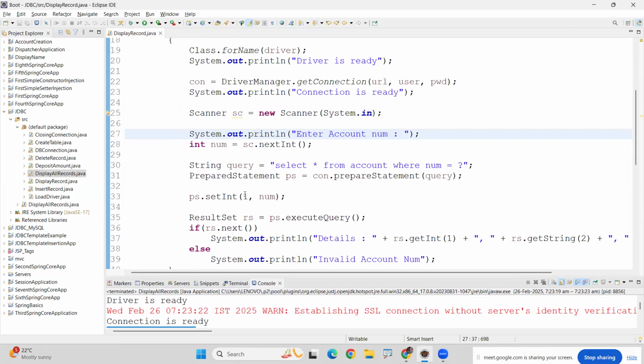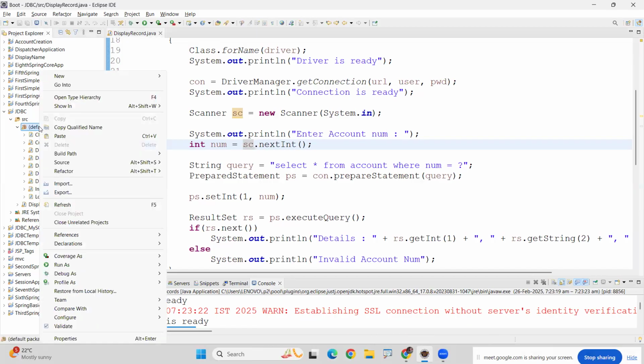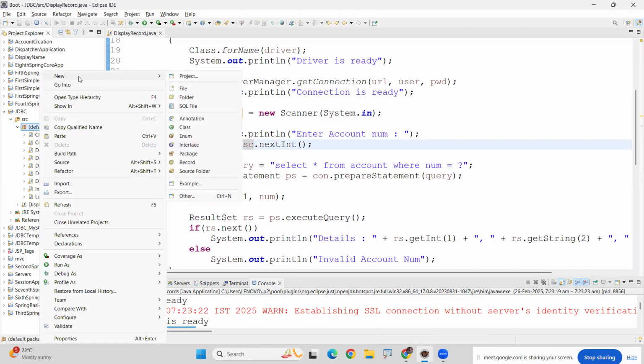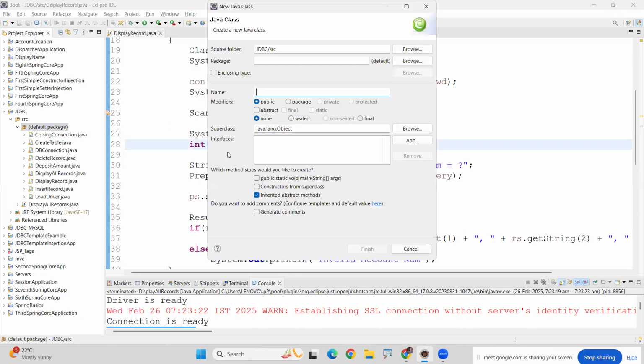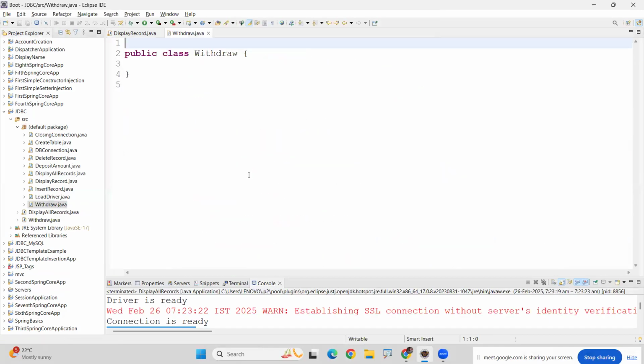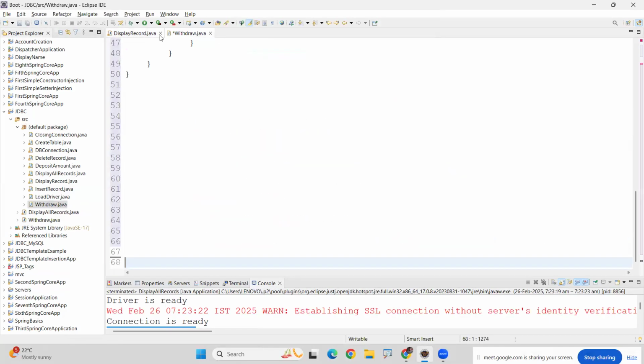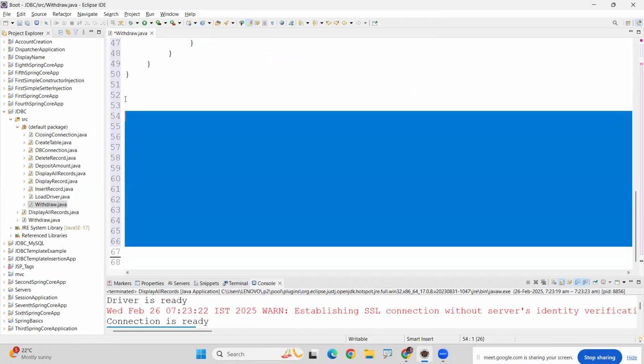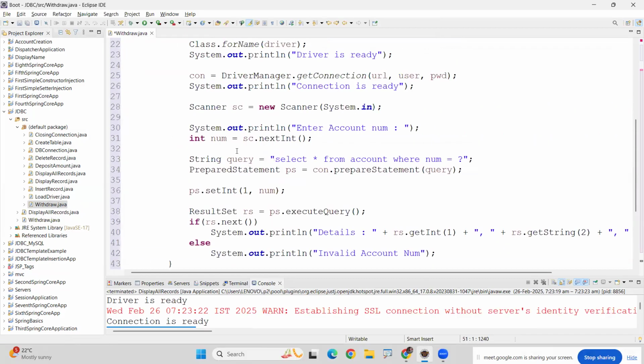And the next one is, I just want to withdraw amount. Withdraw. The logic is the same, but the only thing is what? Whenever we withdraw,